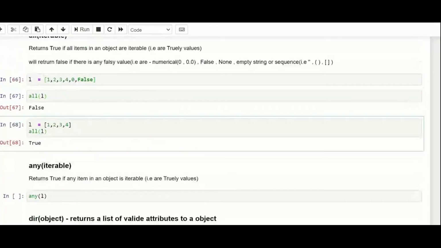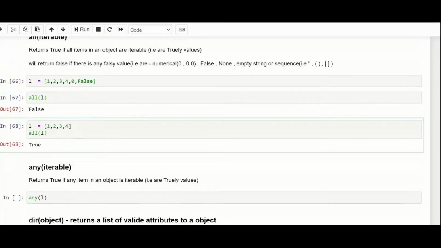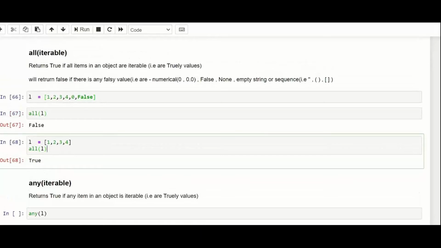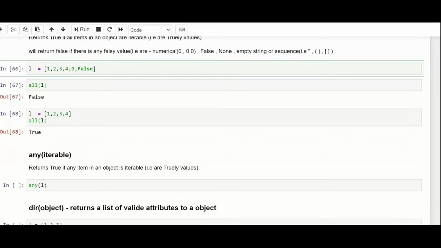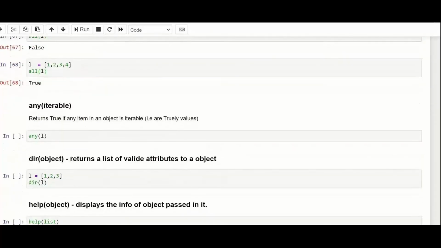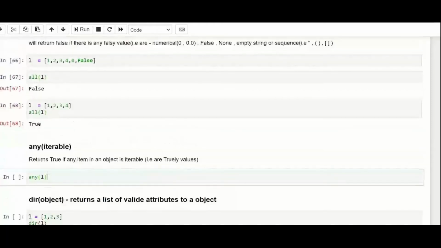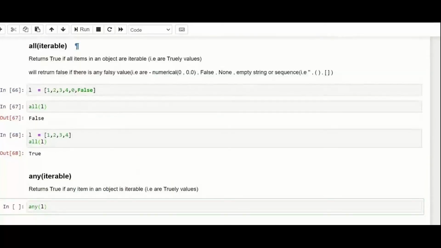And this can be used in your conditioning part too. Correct. Like one greater than two, it can be used as a combined check of all the conditions. Whereas any will return true if any of the elements in the iterator is true. So all is similar to your AND operation, which you covered, that all the values should be true.